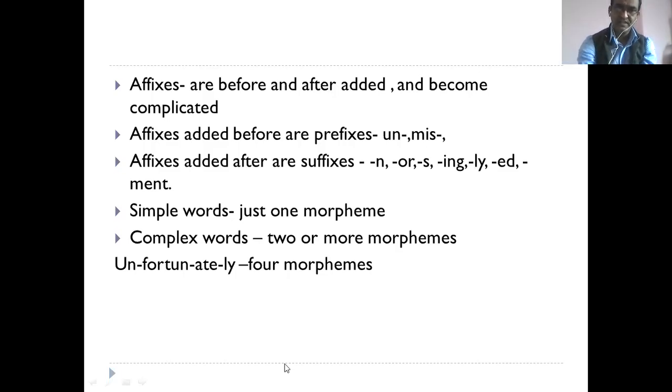See, and that is what we have just seen as an example, unfortunately. In "unfortunately", we do have four morphemes. Un is a prefix, fortune is the stem, ate is one of the affixes or suffixes, and ly is also a suffix. So in these words, we have to study them